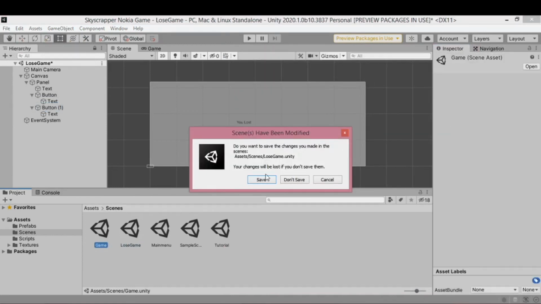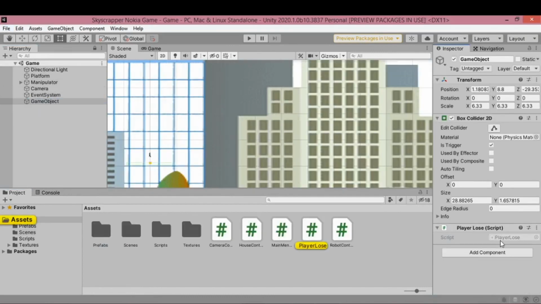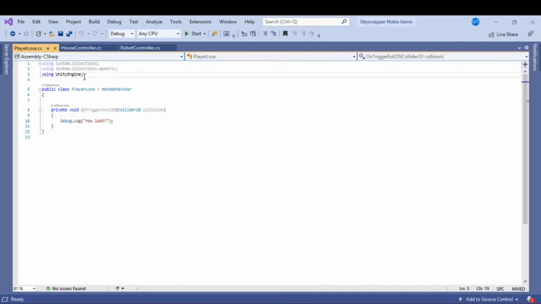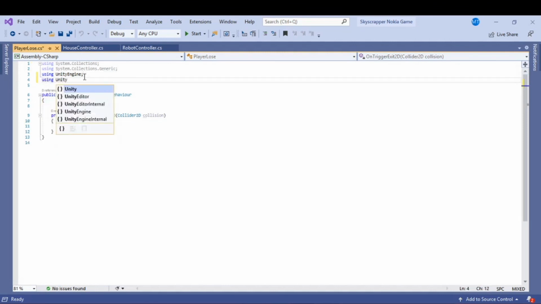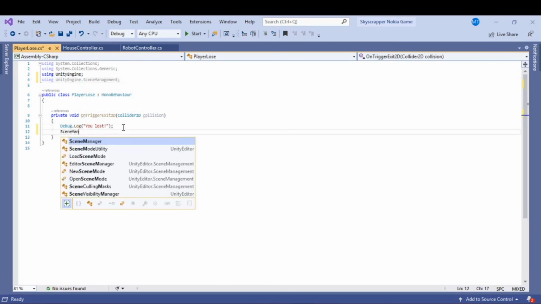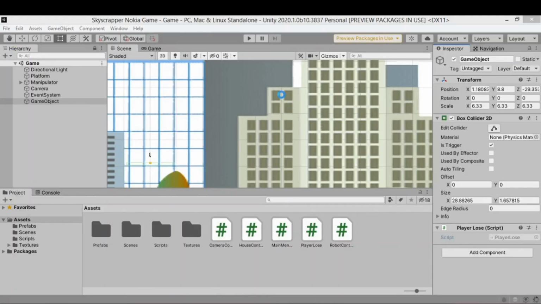Now let's go to our game, save this, and select our game object where we have our play or lose. And in here, instead of writing you lost, we want to first be using UnityEngine.SceneManagement, and let's just write scene manager dot load scene 2. So let's go back to our game,